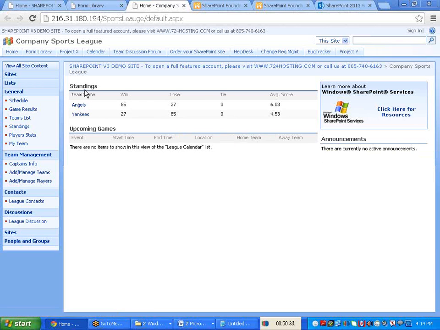So what we do here, if you see, this standing is nothing but, we are now in the sports league site. In the site we have standing information, what teams are currently playing, the data. So how is this whole information shown at the top of the site? When I open the default aspx, we are showing this information, but this information we store in general standings. This is nothing but one